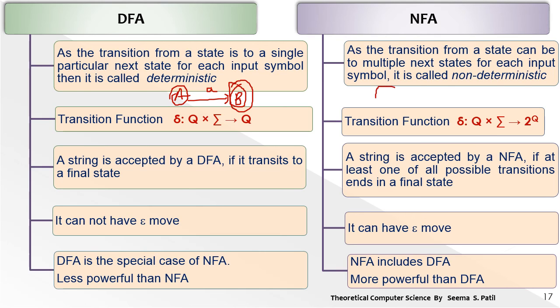And in NFA, suppose A and B. There can be any number of A's. Here it can be like this. It can be on loop. For single input A, there are more than one path. So this is a condition of a NFA. Okay.